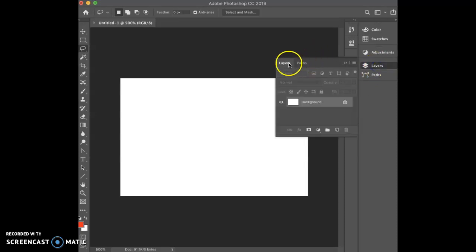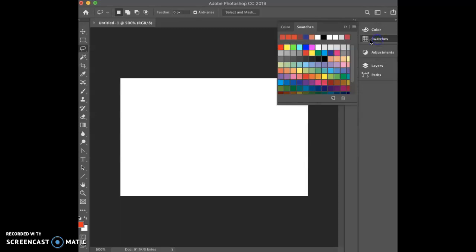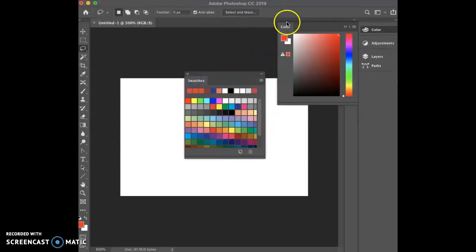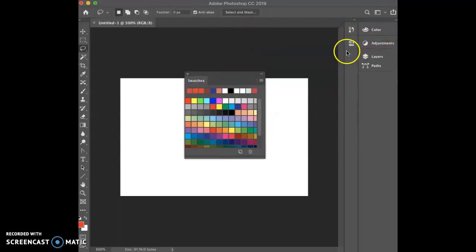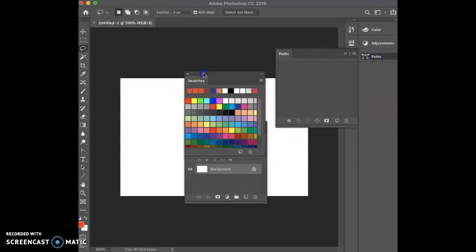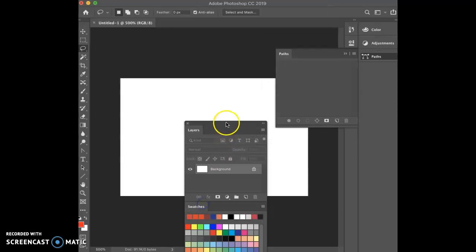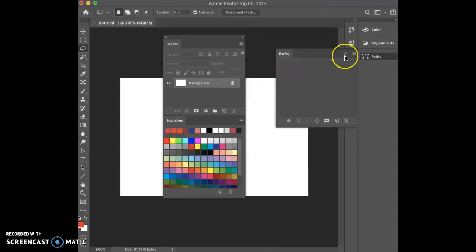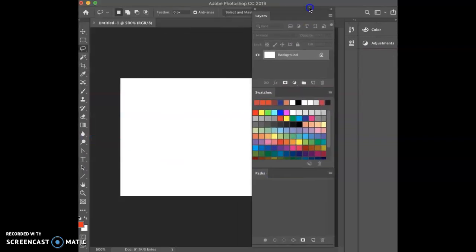of course, we always want to have layers. Paths are really important, and swatches. Those are things, colors also. There are so many layers that are important, but if you work on some basic stuff here, these might be layers, paths, swatches. I'm going to shrink these